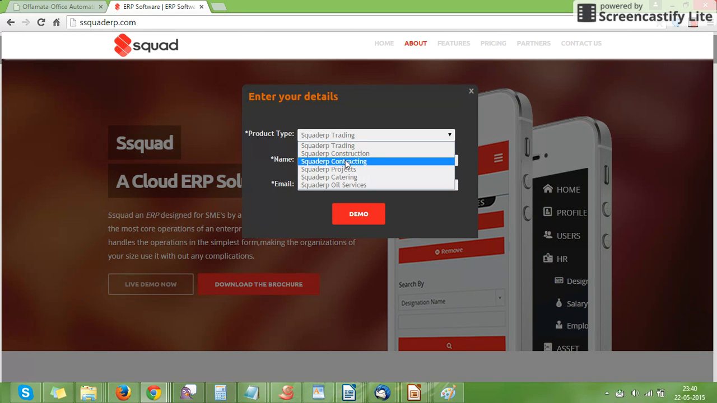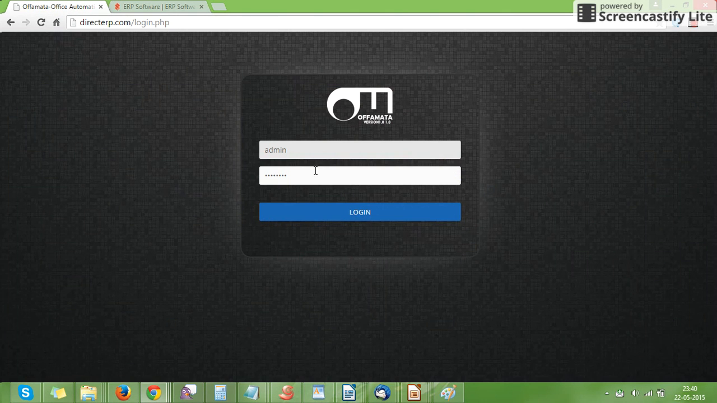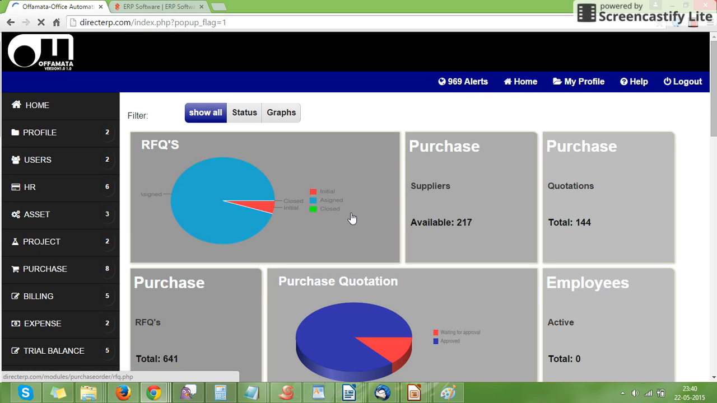So basically, I'm going to log into Esquad ERP construction, and this is going to be the same as contracting and projects. So construction, contracting, and projects are going to be the same. So let's have a look at the Esquad ERP, which is created for a construction company. So this is primarily a construction company, and you can see on the left side menu,